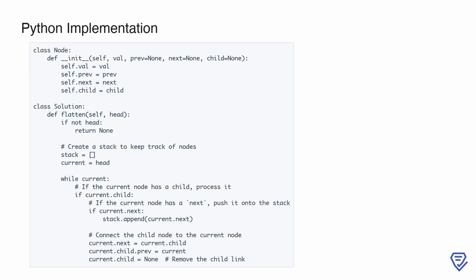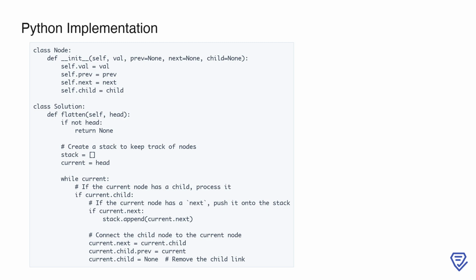The first step in this method is to handle the edge case where the head is None, in which case we simply return None. To help us traverse and manage the multilevel structure, we use a stack. We start by setting the current pointer to the head of the list and begin iterating through the nodes. Whenever we encounter a node that has a child, we need to process it. If the current node also has a next node, we push that next node onto the stack to save its